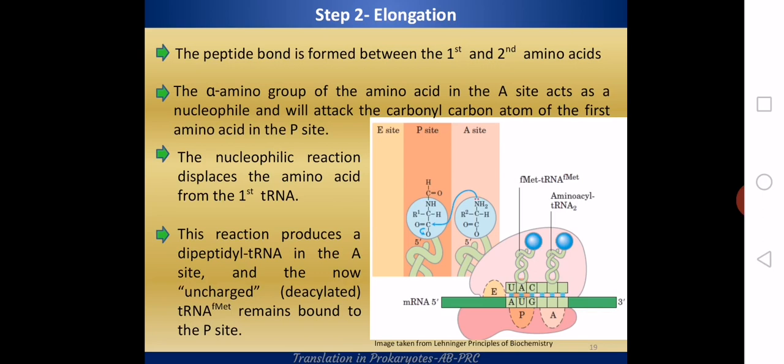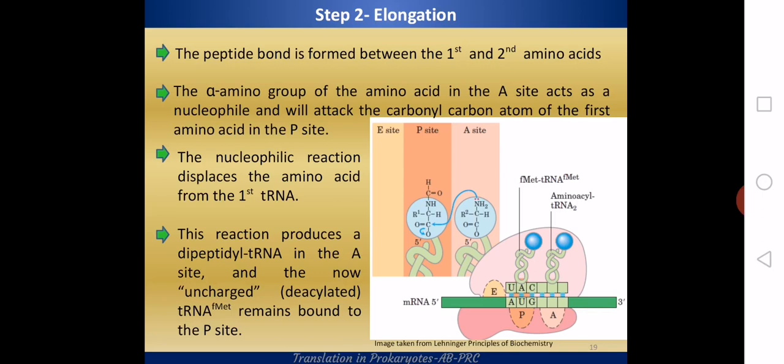Actually, the alpha amino group of the amino acid in the A site, which is the second amino acid, acts as a nucleophile. That means the amino group of the second amino acid acts as a nucleophile, and it will attack the carbonyl carbon atom of the first amino acid in the P site. You can see the image